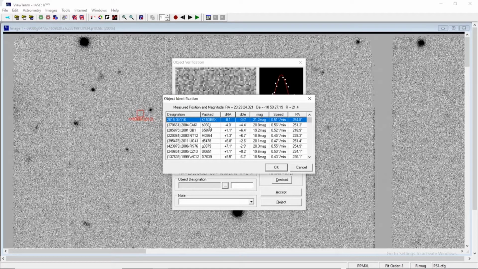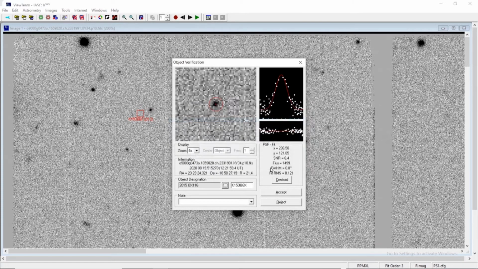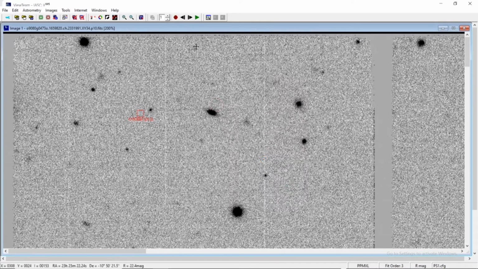In the object designation, look for the object having right ascension and declination very near to that particular object, which is almost 0. So here the first object with the same name as our red object is, click OK. Since this is a 7-letter designation, as we have seen in our known object overlay, don't change the name, keep it as it is, accept it.